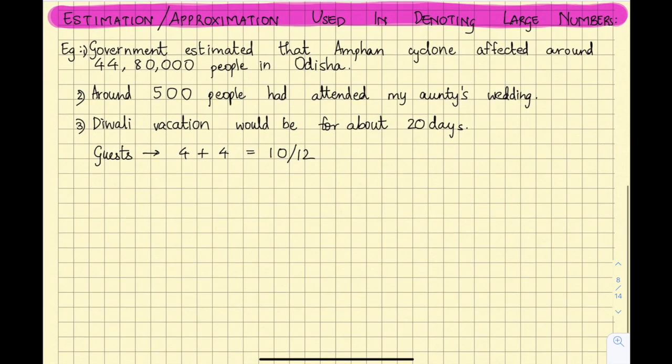Such estimation is used. Similarly, when we have to estimate for money to be taken to picnic. Money to be taken to picnic, we have paid the picnic fare and everything. Apart from that, everything will be taken care of. Morning breakfast, afternoon lunch, they'll be providing snacks, and there are few rides. But still, we would be taking around 100 to 200 rupees for extra expenses which may just come up. So this all we do based on approximation or estimation.